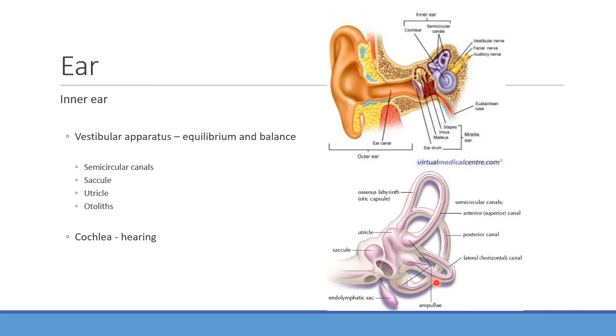They're all oriented in a different direction, essentially, and that's good because it helps us detect movement in different planes, right? Whether I'm moving my head side to side, up and down, you need to be able to detect movement in those different fields, and so that's what the semicircular canals are going to be good for.